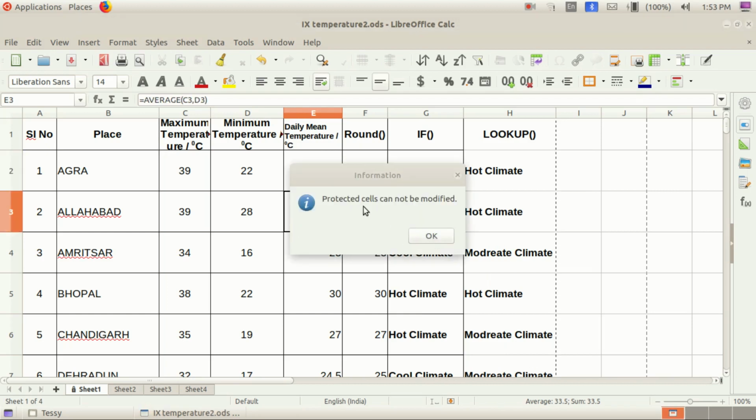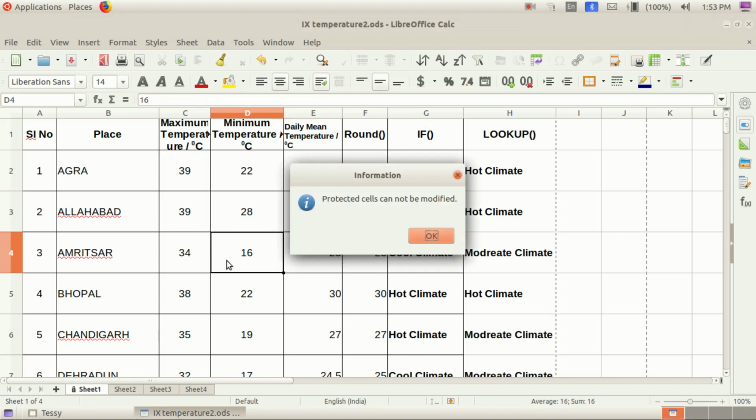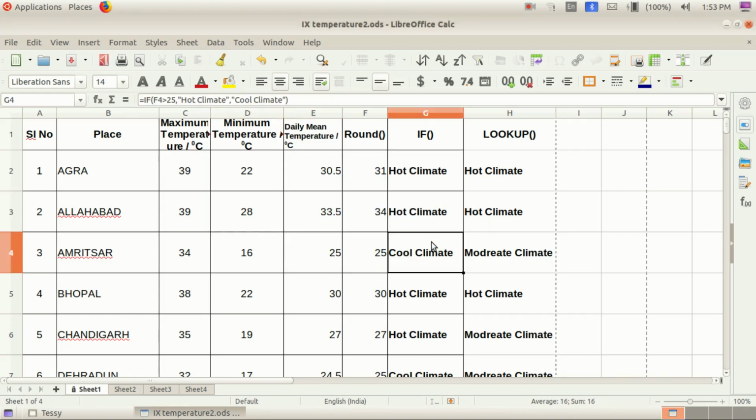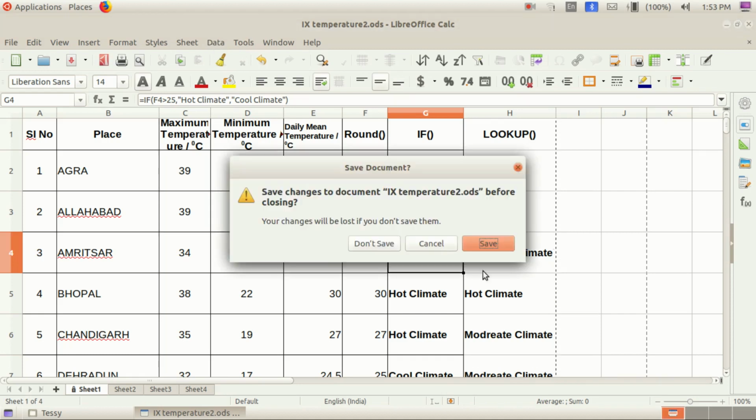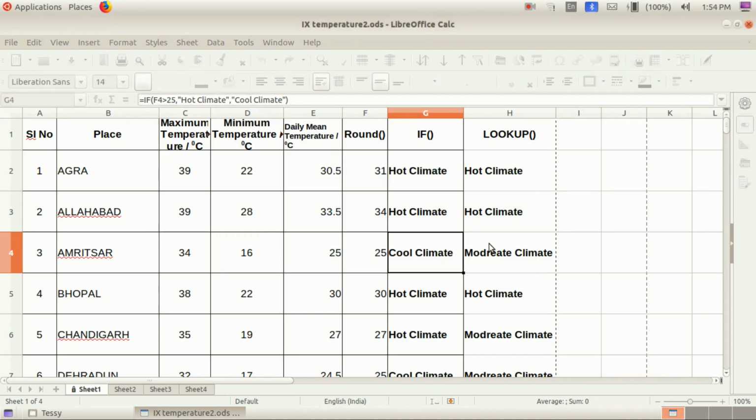Look here, children, protected cells cannot be modified. Okay, anywhere I click, this will happen. Protected sheets cannot be modified. Then what will we do? We need to take it once more after closing. Nobody can make changes. Okay, save the changes and close it.